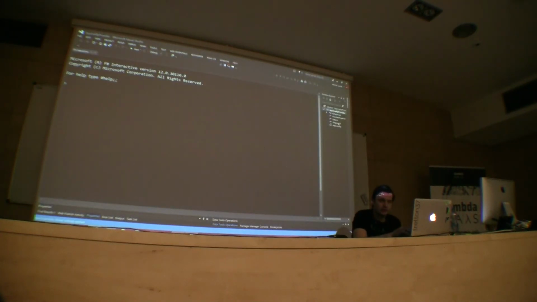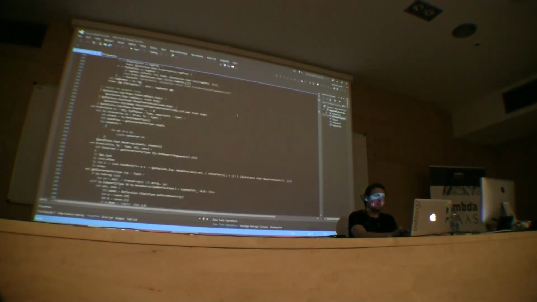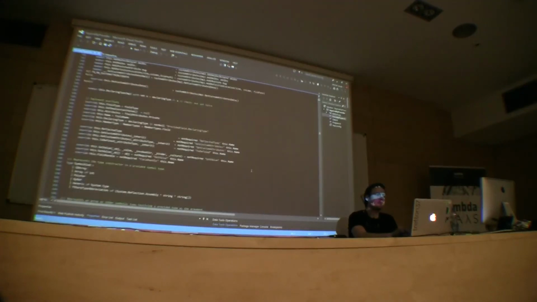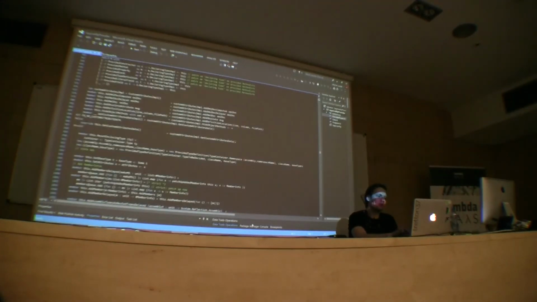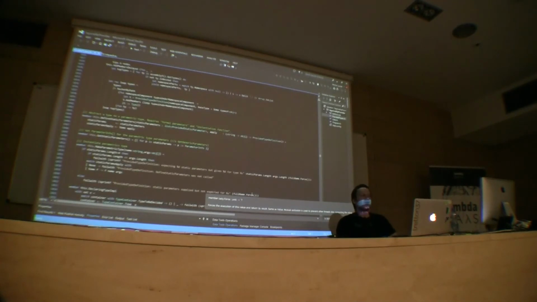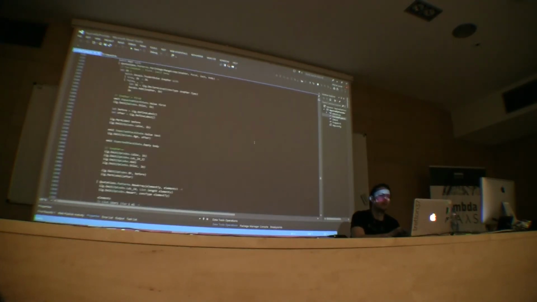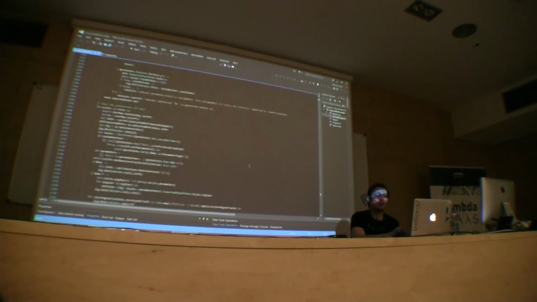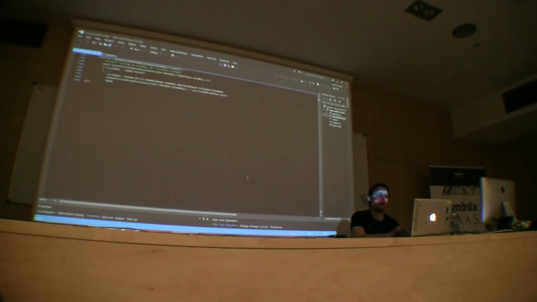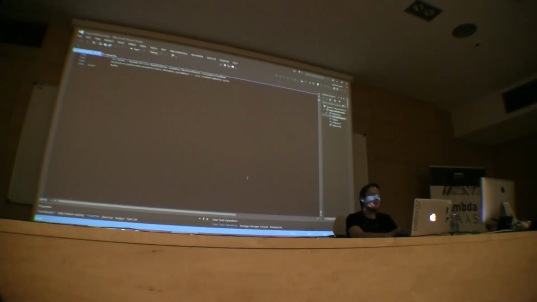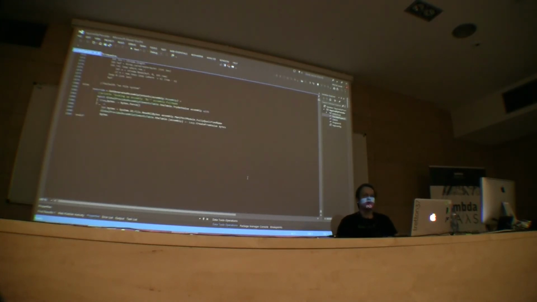Yes. So the code looks like that. It's around 2,000 lines of code, but most of this code you don't have to write by yourself, because there is something like type provider starter pack that creates most of the boilerplate you need. You don't have to write most of it because it's already there in the starter pack. But it's a lot of code, and it's not super obvious how it works.